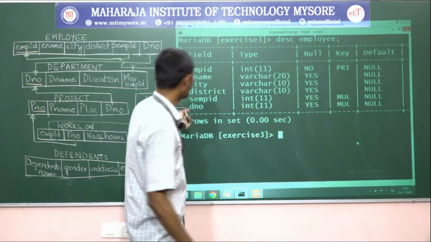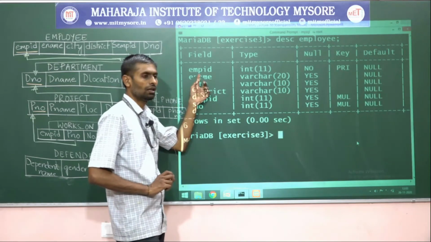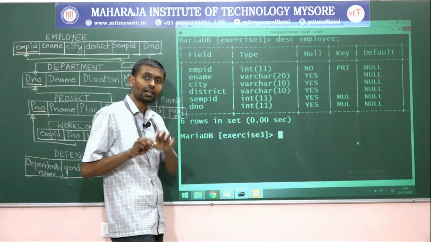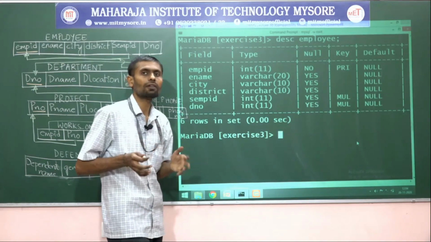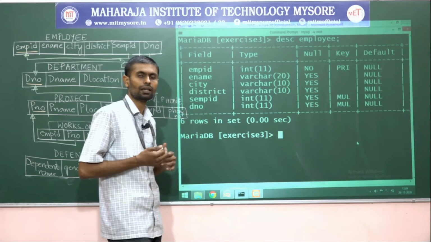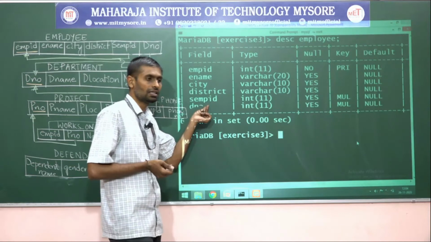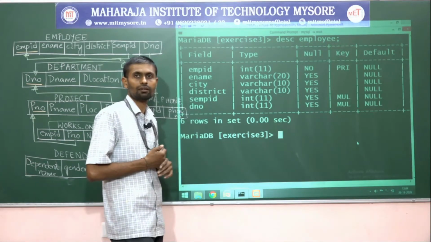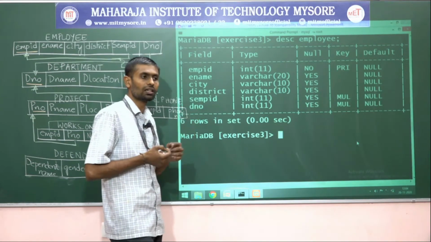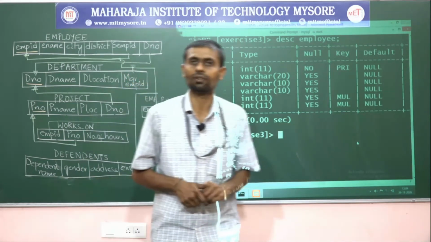Because the foreign key takes only the values which are present in the primary key table. But we are entering the first row value, we don't have any value in the employee table, then what value can we give for this SEMP supervisor employee ID? Even when I write 0, it throws an error. Why? Because 0 is also treated as an ID. Do you have any 0 earlier? No. So what's the solution for this?